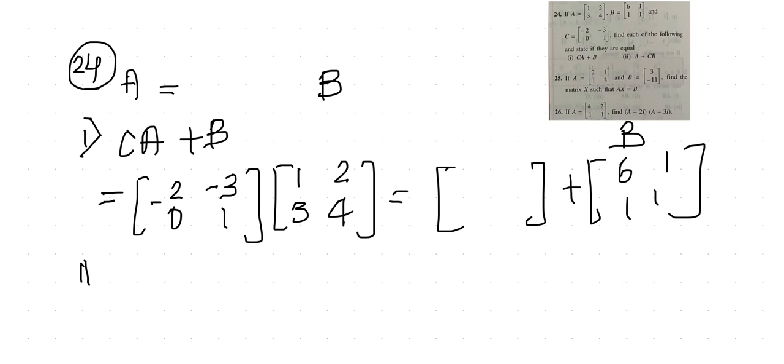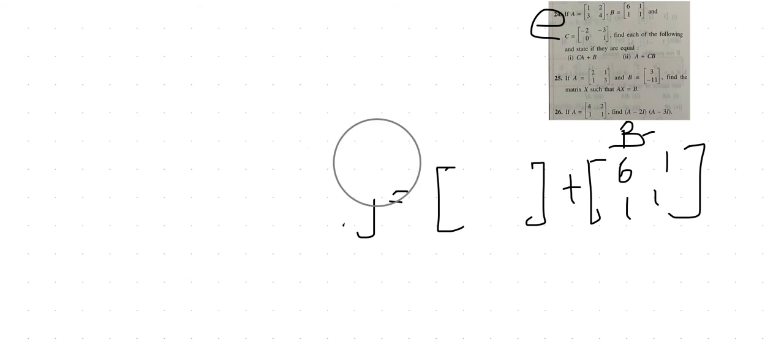And similarly for the second sub question, you are going to add up A plus C into B. So you will be multiplying C into B. Okay, this one into B, and then you are adding up A, and then you have to see whether both of their values are coming equal or not. So this question also looks pretty easy, children. So even question number 24 I am going to give you as homework. Lots of easy sums coming in, children. I hope you all will be able to do it. So that is why I am giving you all as homework. So moving on to question number 25, children.